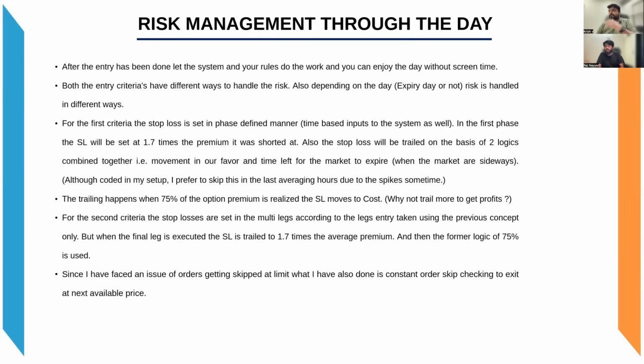द लेग एंट्री टेकन बाय द पीरियड। अब मेरा पहला लेग अगर हुआ है दैट आई शॉर्टेड एट रुपीज ऑफ 25, तो उसका 1.7 टाइम्स हो गया 42.5 पे, मेरा पहला लेग का स्टॉप लॉस वहां सेट हुआ। दूसरा लेग का एंट्री हुआ 20 पे, उसका स्टॉप लॉस भी 1.7 टाइम्स पे सेट होगा, दैट इज एट 34 पे। ठीक है।